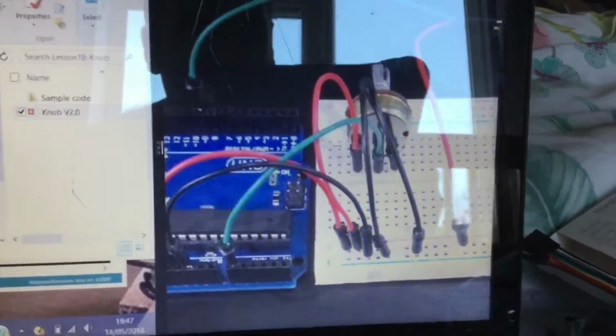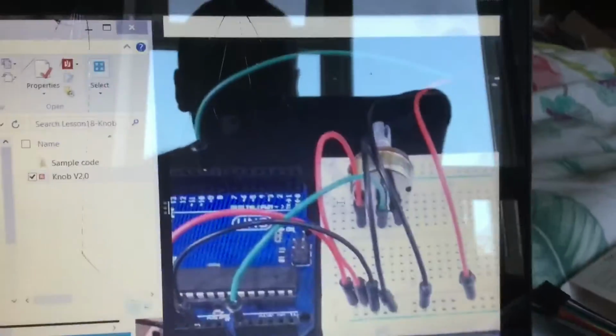Right, one more after this one. This one was hard to get done because if you look at this diagram here,